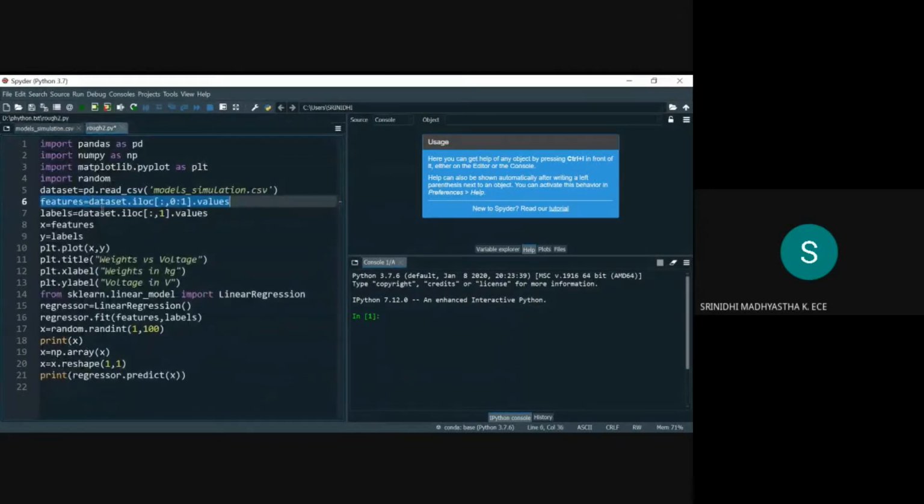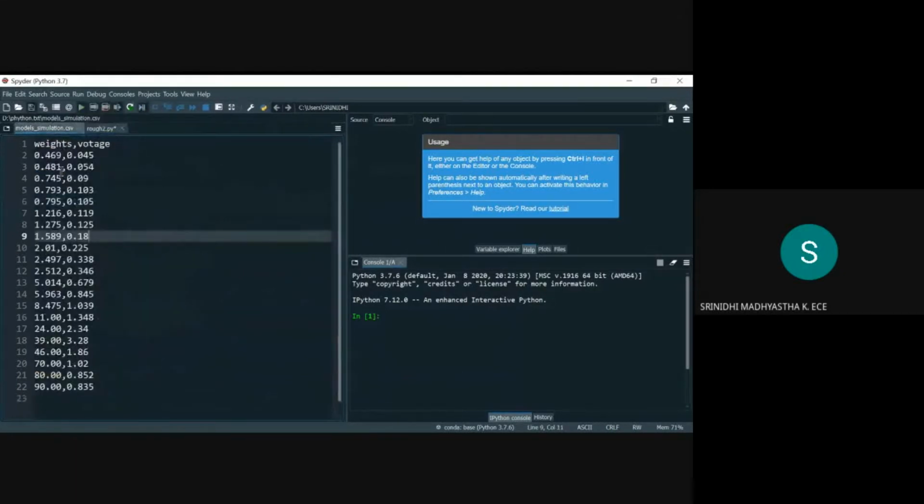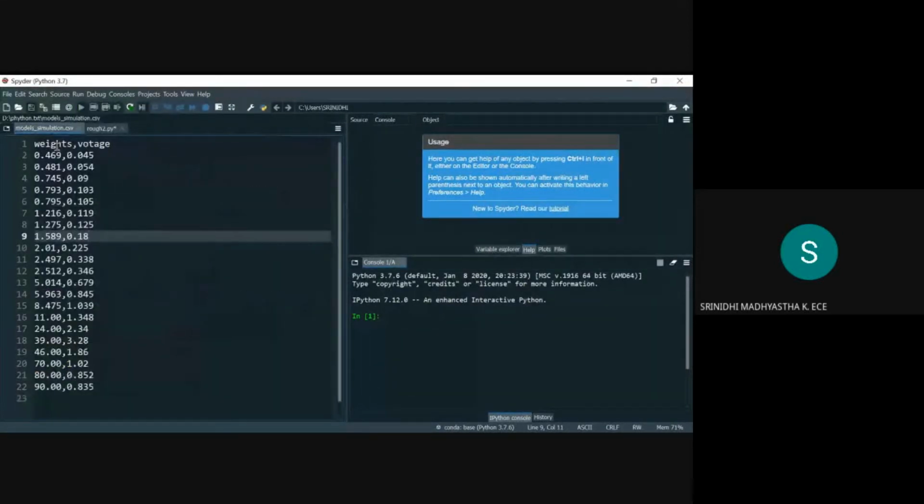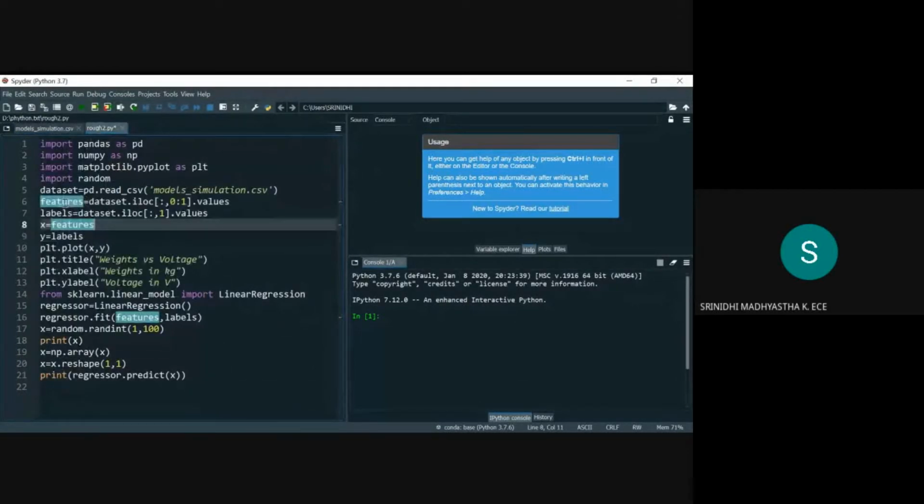The weight is in the index 0 column and the voltage is in the index 1 column. After separating, the weight values are stored in a variable named features, and the separated voltage values are stored in labels.